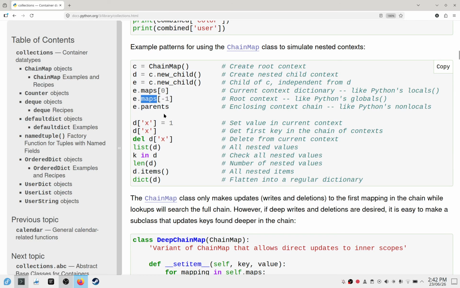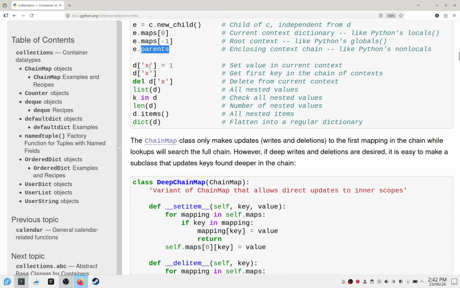There is the root context, and we have parents. Okay. Then in d, we set a key x equal to 1. We get the first key of the chain of contexts, we delete that key, then we look at all the nested values, we check all the nested values, we find the number of nested values, all nested items, and flatten